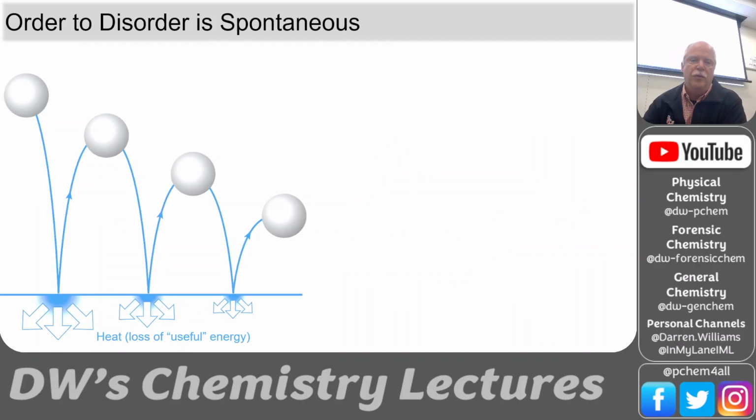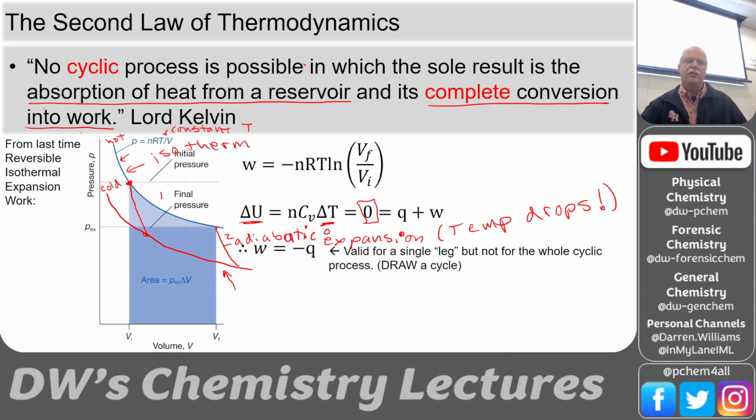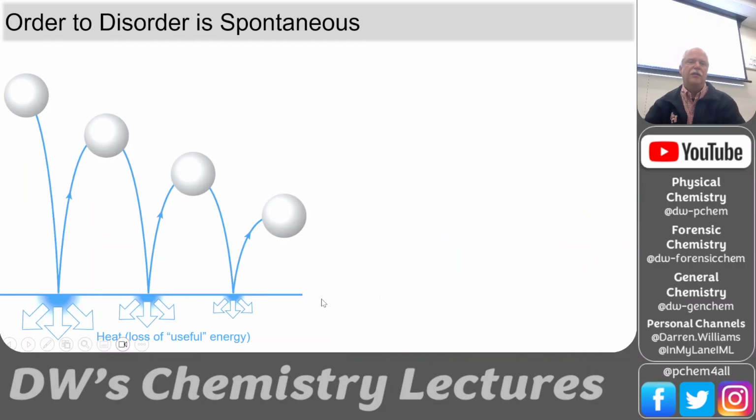So those are the practical limits to what our cycles can do. Some people say that this also outlaws perpetual motion machines, because you can say, well, the heat we sucked out of it, we could put back in the hot reservoir and regenerate it and run this thing forever. And so this is the law that basically makes perpetual motion impossible. So this is what's driving these spontaneous reactions: order to disorder.